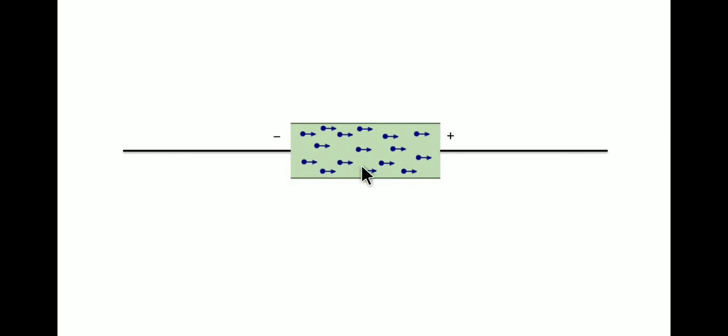So as soon as there is a potential difference, that is, a negative and a positive terminal formed because of some source of electric current, the electrons will start moving. Instead of the random motion, they will now start moving in a particular direction, that is, from the negative terminal towards the positive terminal. So the electrons will flow